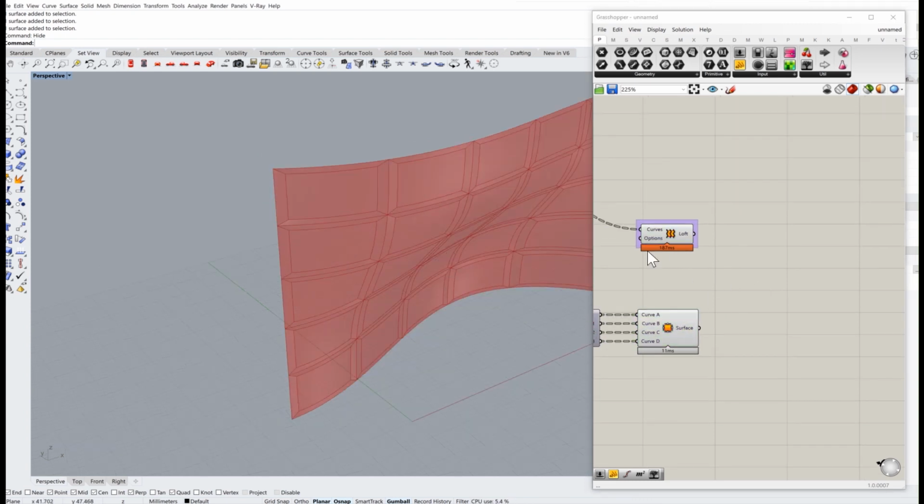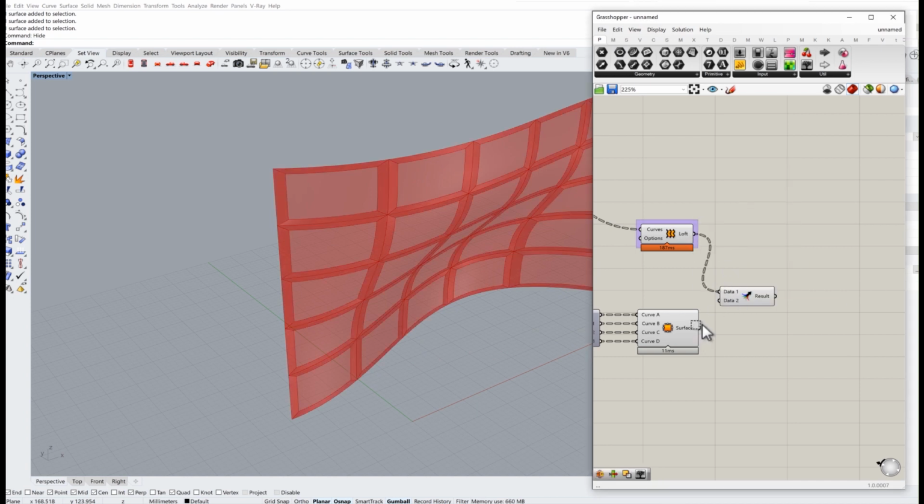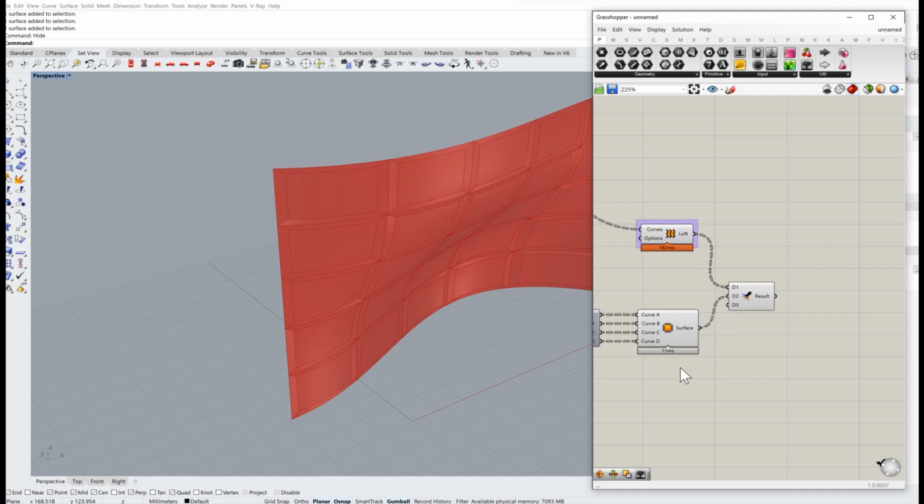Corresponding to each panel. So if I use again the same tool called merge, there we go, and connect them together into one big happy family,